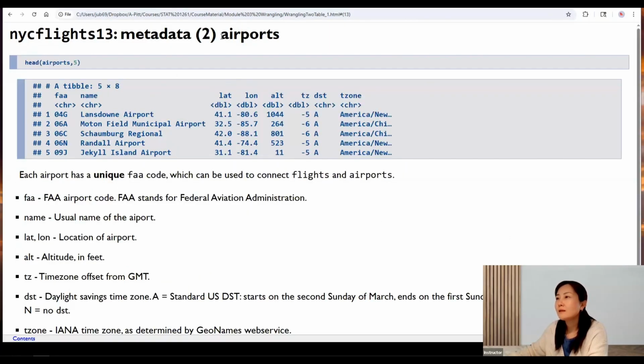And the second metadata data frame is airports. So this one contains a few variables about the airports. Right? They may be the origin airports or the destination airports. Right? So the first column is called FAA. So this is the FAA code for each airport. FAA stands for Federal Aviation Administration. That is a unique code for each airport. And then we have the name